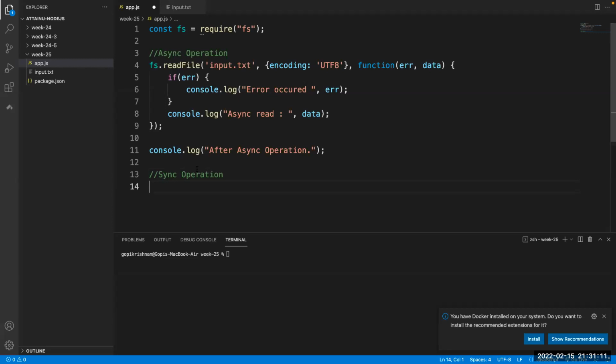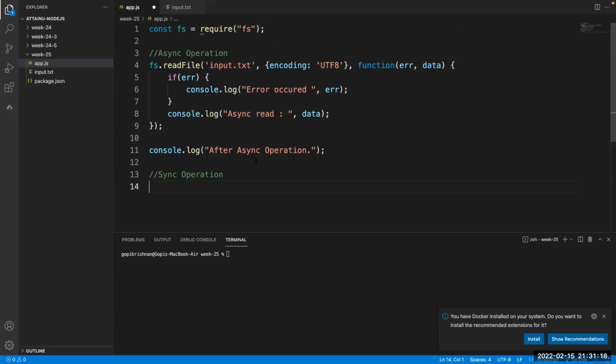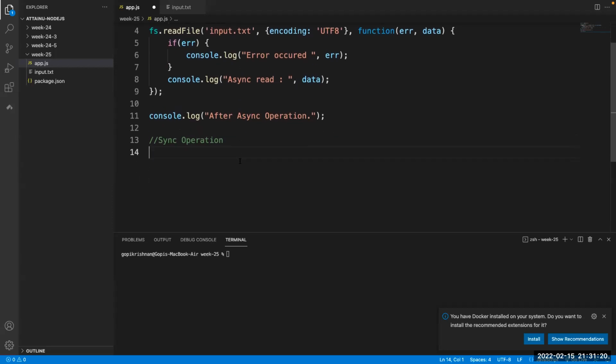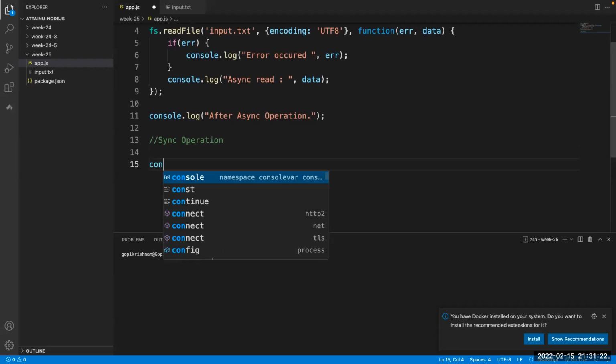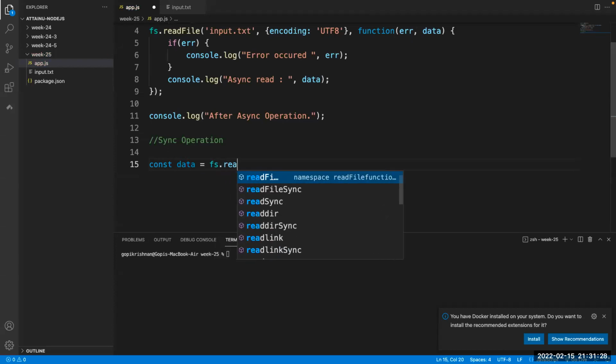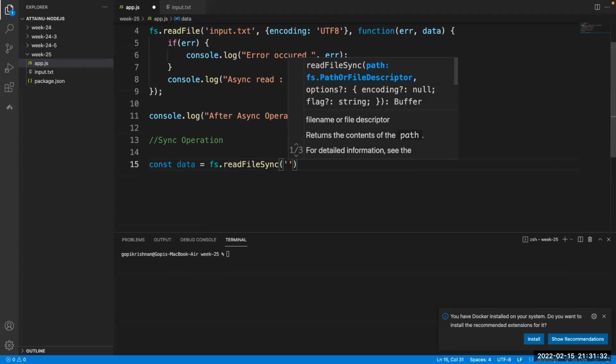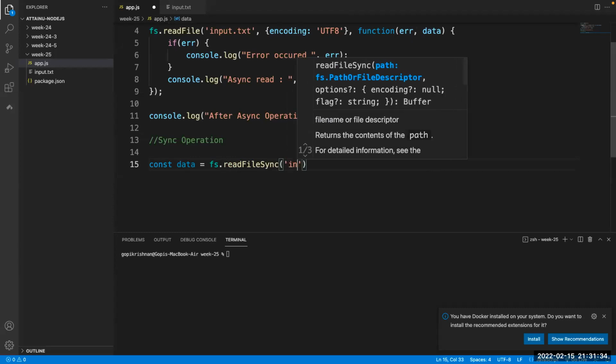Here we are going to define our data. Let's say const data is equal to fs.readFileSync, which is going to take one parameter, that is the file itself,